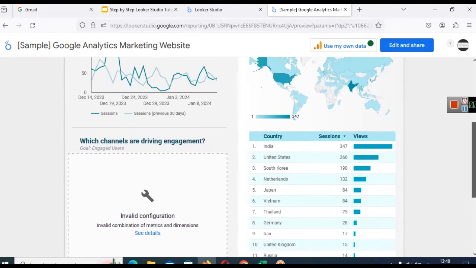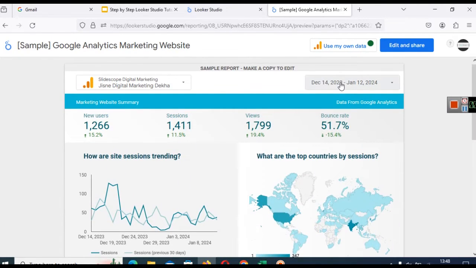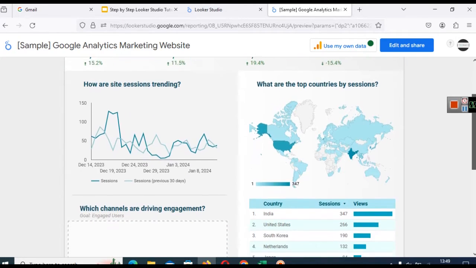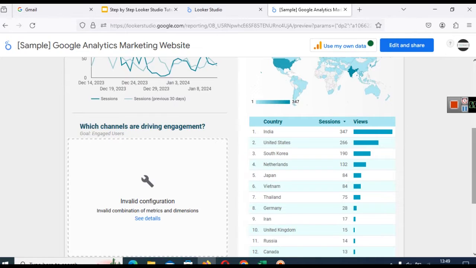But here you can see the data for this particular date, December 14, 2023 to January 12, 2024. You can see an increase in number of users, increase in number of sessions, views. Bounce rate has also reduced by 15%, which means people are interactive with this website. And here you can see this particular report can show you map visuals, card visuals, and you can see bar chart over here,